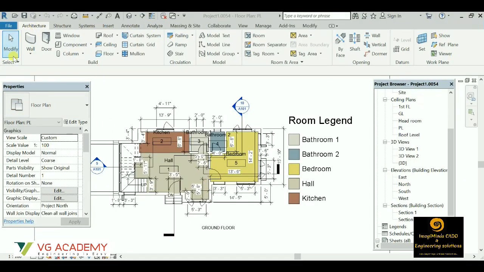Guys, if you notice in this part, you have this build toolbar, whereas in AutoCAD you have a draw toolbar or a modify toolbar. From here you will be directly getting the walls, you have the doors, you have the windows and components. Components basically means the furnitures. Each and every furniture will be present in Revit architecture in a family format, right? I'll be showing you the 3D furnitures later in this video session. From here you will be getting each and every component like floor, ceiling, roof, stairs, ramp, railing, even curtain walls.